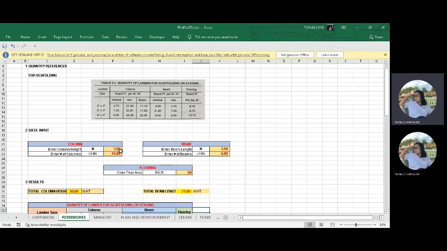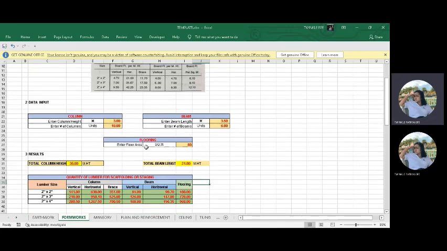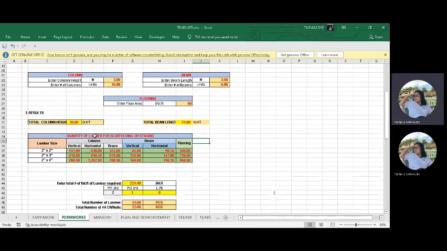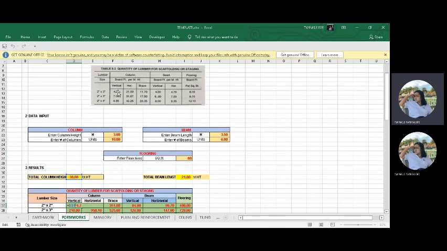So we input the column height and number of columns, and we enter the length of the beam and the number of beams and the total floor area. And we can get the total height of 30 and total beam length of 21.00, and 30 for our column height. And then for the lumber sizes, we multiply 30 times 4.7, which is the standard size of the lumber